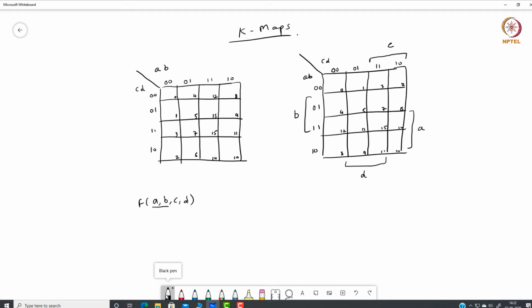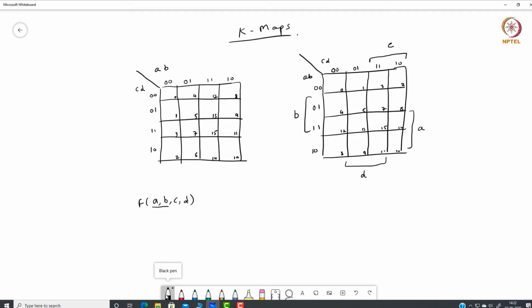Now let us try to understand one more question, that given a particular expression as a sum of min terms or product of max terms, what is the systematic procedure to find out the minimum expression corresponding to that function? You can see that this question has been answered partly, that we can form the cubes, whatever are the maximum cubes, we can use them, whatever is the largest cube, that is the minimized form, correct.